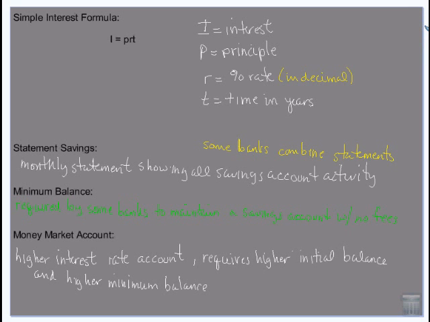Okay, so we have the checking account statements that you receive, right? You also get a savings account monthly statement that has all of your savings account activity, so all the money that you've put in, all the interest you've earned, and if you've taken money out. Some banks combine statements. Like my bank, if I were to get paper statements, I'd get a combined checking and savings statement. But because I do electronic statements, they're two separate ones. It depends on the bank. Usually if they do a combined statement, the checking is all on top, and then there's a line, and then the savings is underneath it.